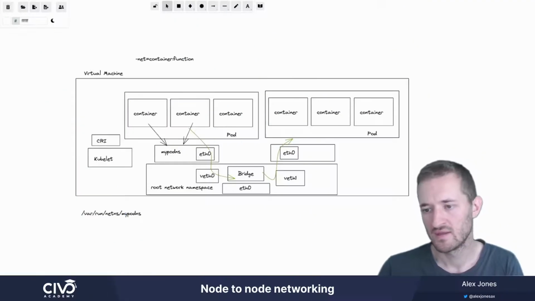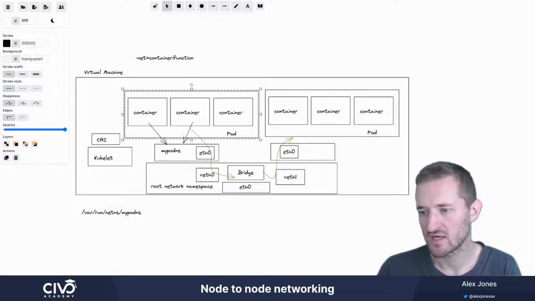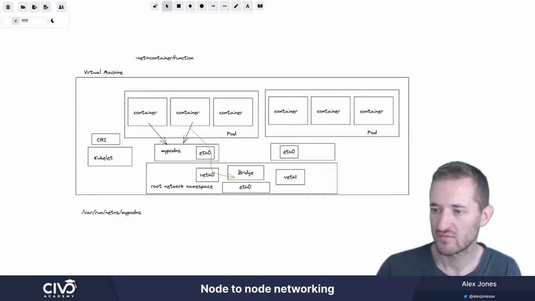Hi there. This is a video about node-to-node networking in Kubernetes, specifically how one pod can communicate with another pod on another node. Before we start, let's recap on what we learned last time about how we connect between pods